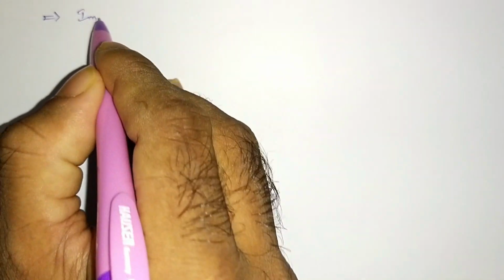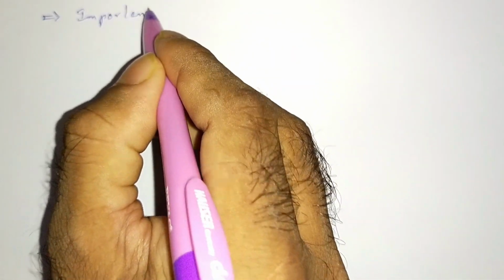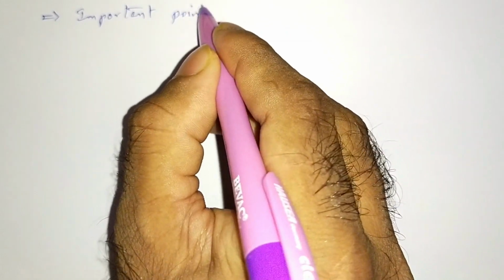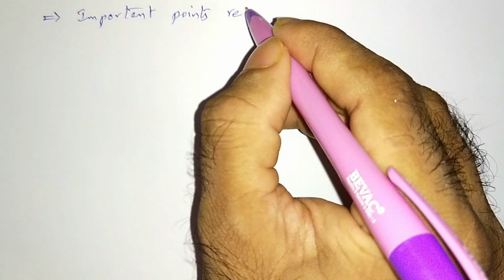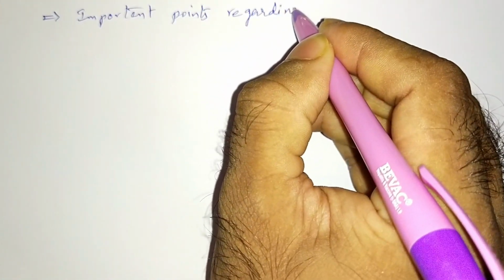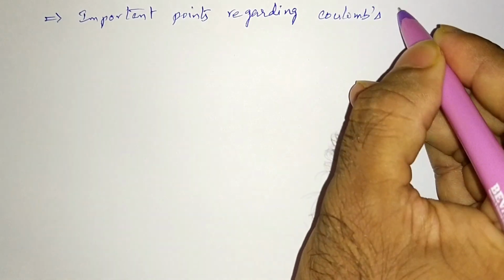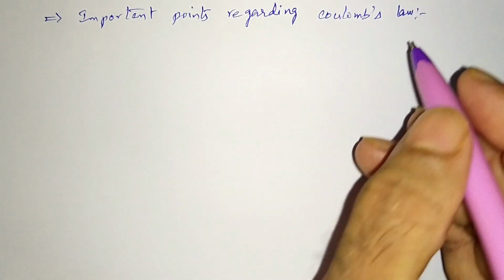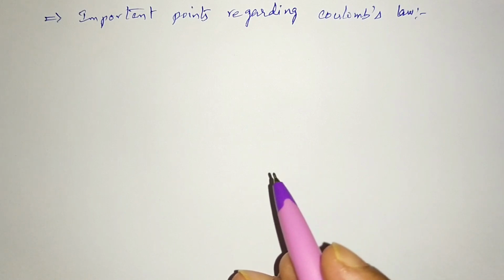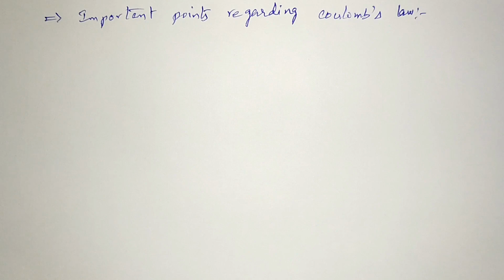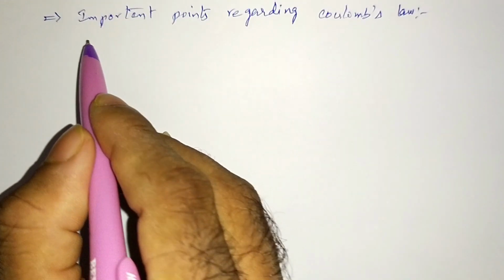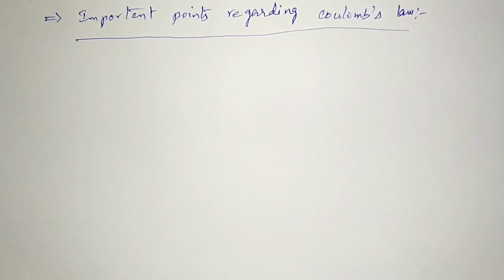let us learn some more important points regarding Coulomb's law. So we learned the statement and formula of Coulomb's law, how to calculate the electrostatic force, and what its magnitude and direction are so far. Now what are the important points regarding Coulomb's law? What points do you remember when you are working with Coulomb's law? Let us see that. The first point is